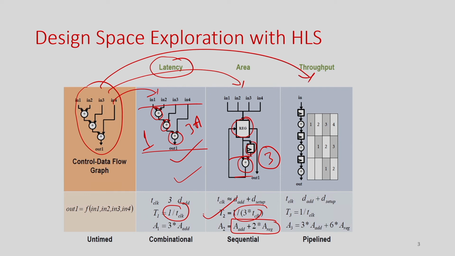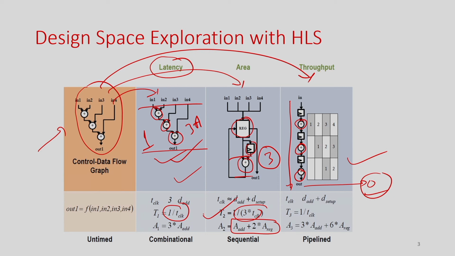And then if you want to improve the throughput, that means you want to get your output fast, you will get a pipeline circuit like this, where you are still adding 3 adders, but in pipeline mode. So after the pipeline stages are filled, you can get output in every clock, right. Suppose you want to do it for streaming data, continuously giving a new set of data, you will get the output in every clock. Here the latency is 1 but the clock is very slow, whereas here the clock is still faster and you get output in one clock.